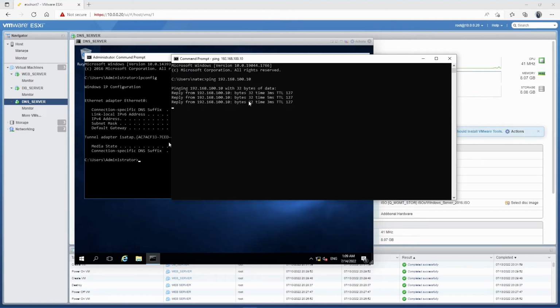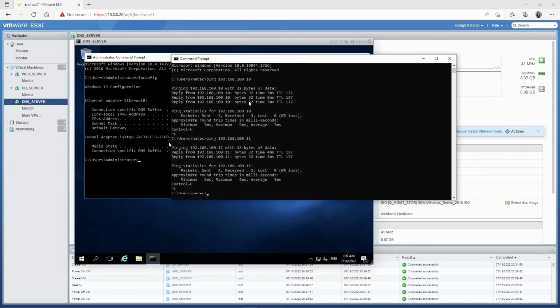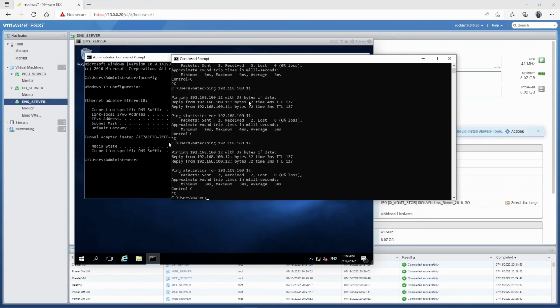Boom, reachable. The other IPs as well, 11, reachable. 12 should also be reachable. Yeah, so I can reach all of them. So 10, 11, 12 were configured, and they're all reachable from my laptop, which, if I do an IP config,